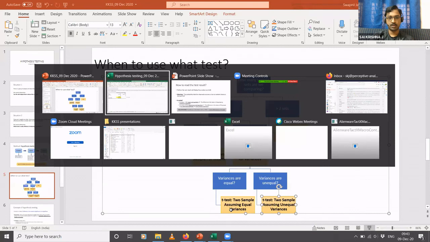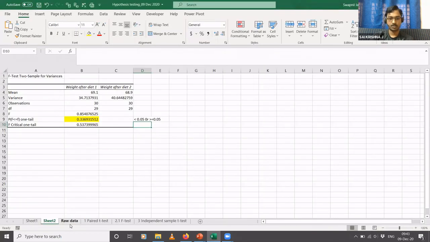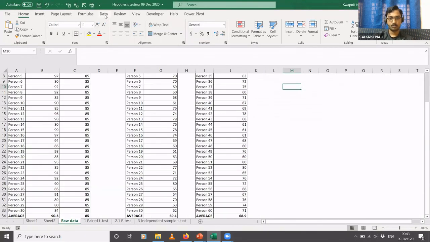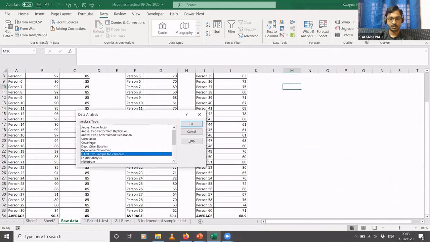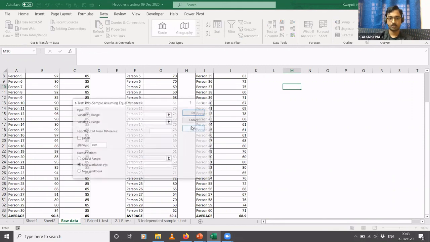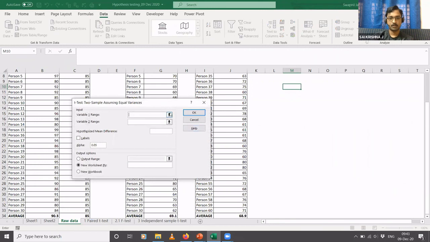How you do that is, again, you come to this raw data here, you click on Data, you click on Data Analysis. It's almost the same procedure. Here you have t-test assuming equal variances, and assuming unequal variances. Here our p-value is greater than 0.05, so we will assume equal variances. Click OK, and same procedure.